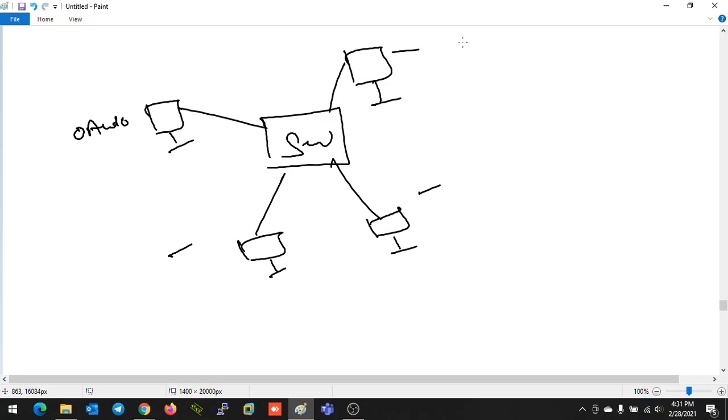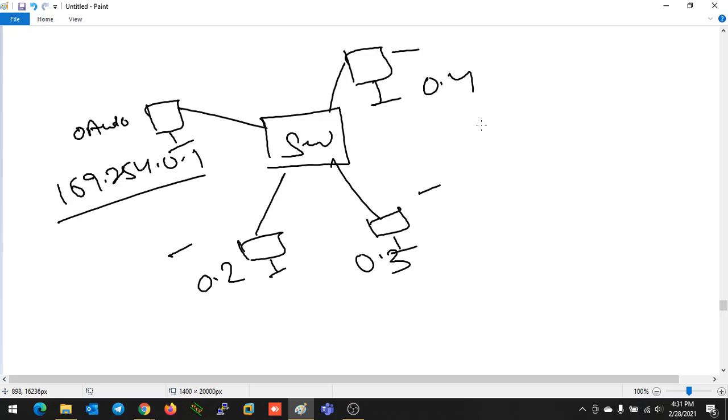After some time, when your device gets to know we don't have any DHCP server, the device will automatically assign itself an IP address, like 169.254.0.1 from the APIPA range. This one will be assigned 169.254.0.2, then 0.3, and for example 0.4. All the devices, if you choose that automatic option, will be assigned an IP address from the APIPA range.